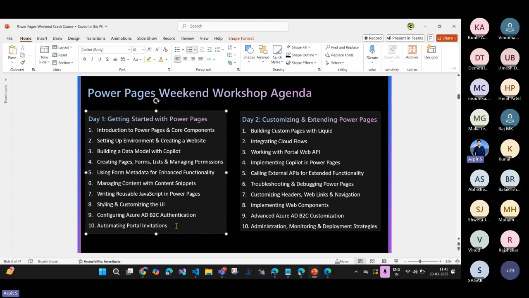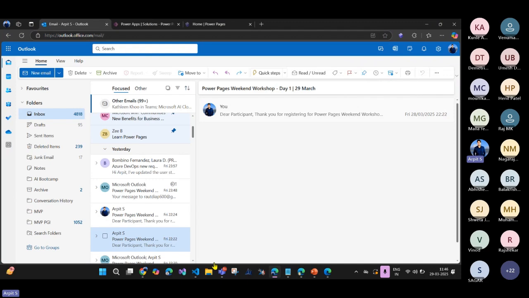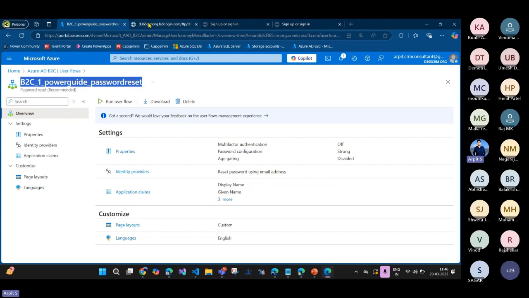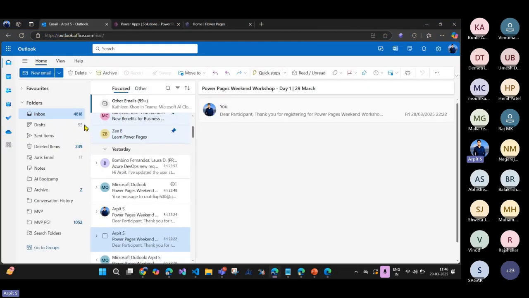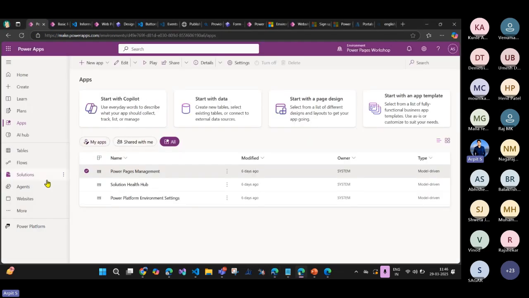Now the next topic and the last topic is how you can set up the Azure AD B2C authentication and how you can automate that process. Okay. So as I said, in Power Pages we have many ways to integrate identity providers. So let me go here and pages. I think this is the one. Yeah. So if I go here,